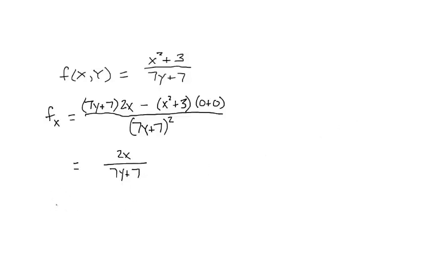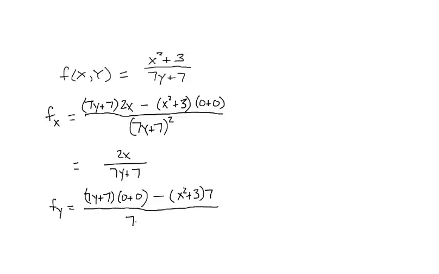And now for our derivative with respect to y, we're going to start the rule the same way. So we rewrite the denominator, 7y plus 7, times the derivative of the numerator with respect to y. So x squared is treated like a constant, and we have a constant for our second term, so it's 0 plus 0 for that derivative, minus x squared plus 3, the rewrite of the numerator, times the derivative of the denominator with respect to y. So we have 7, all divided by